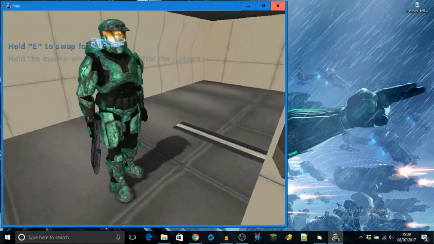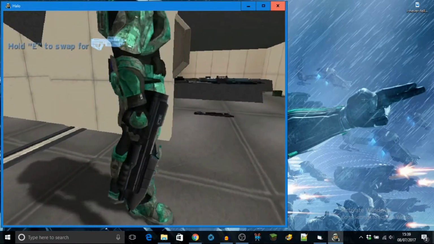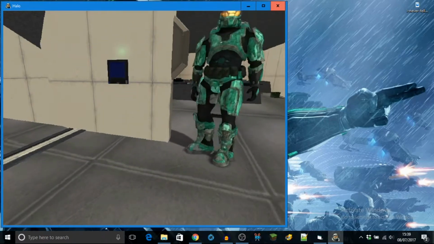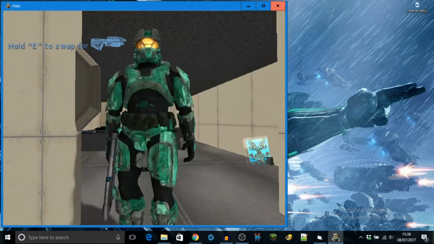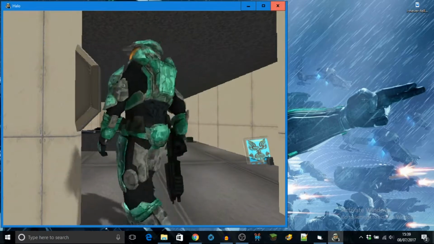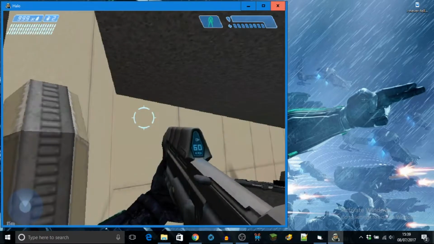And glitches will happen to where you randomly hold it to your side, like this. This happens if you switch between armless and armed. So as you can see, I did that, and now it looks like I'm holding the shotgun. I mean the assault rifle. I say shotgun because